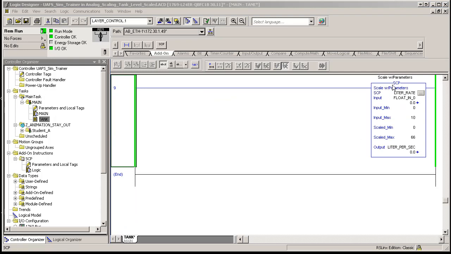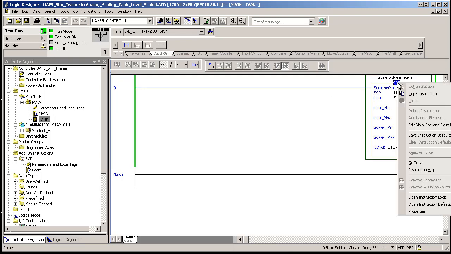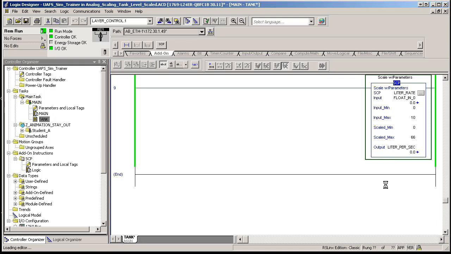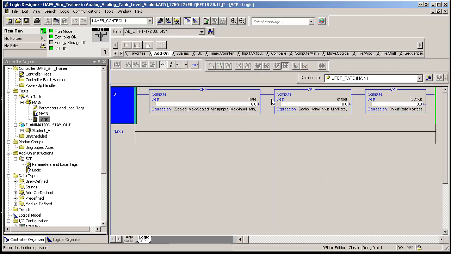At this point, I've dropped my SCP in, and I've entered all of my values. I just type them in. The first thing before you can enter anything is to give it a name and then create that tag, and then we can populate the rest. We use 66 liters per second as our max flow rate. If I want to see what's inside an add-on instruction, I can right click on it and go to open instruction logic, and this will give me a real-time view of what's going on inside there in the